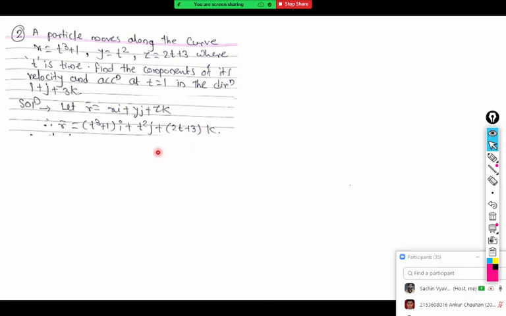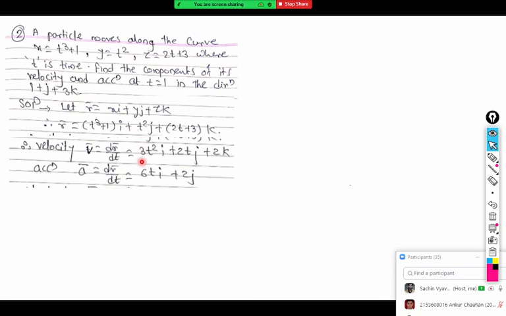So we write the velocity and acceleration here. Velocity v bar is dr bar by dt. A bar is dv bar by dt; one more derivative is taken, and that becomes the acceleration vector. Right now we have this v bar and a bar vector in terms of parameter t. That means they are the general velocity and acceleration at any instant t, at any value of t.